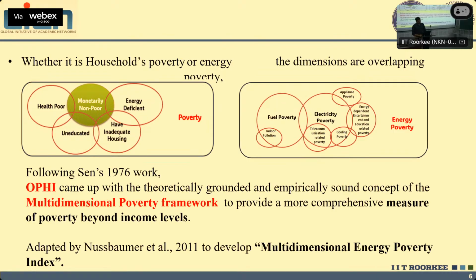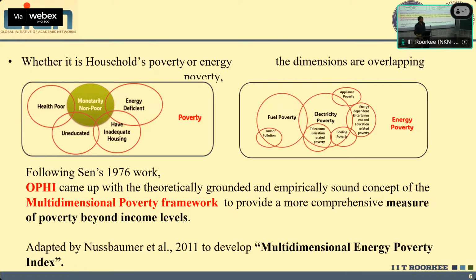As I just said, mostly they are overlapping, and we have already seen and understood how OPHI came up with the theoretical, grounded, and empirically sound concept of the multidimensional poverty framework, and they provided measures beyond the level of income. Okay, so we'll be reviewing a bit again, and then we'll explain